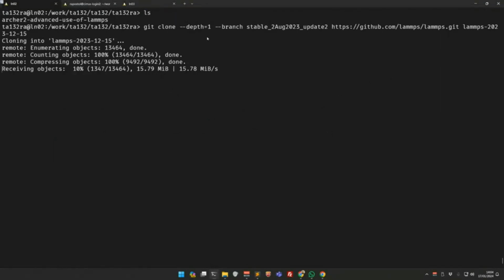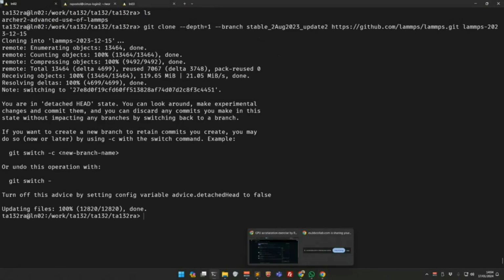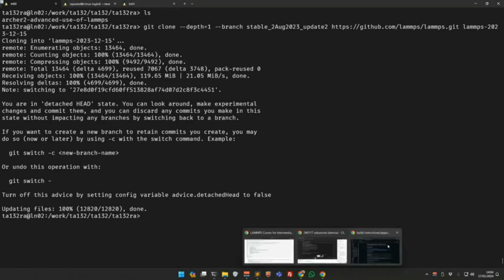I don't know if you're not used to Git, depth 1 just reduces the amount of stuff that Git downloads. And this branch, you could just have stable, which defaults to the latest stable, or you could specify a specific version here. And you can find which versions are available